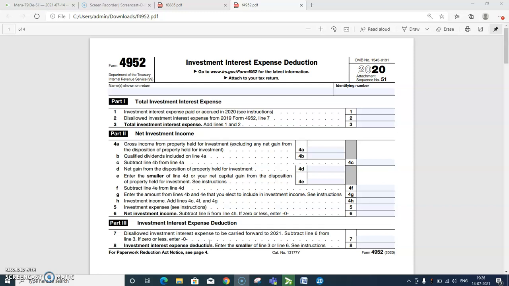Exceptions that don't qualify for Form 4952. According to the IRS, the following instances serve as exceptions to filing the form. If the investment interest expense is less than your investment income from interest and ordinary dividends minus any qualified dividends, if you don't have any other deductible investment expenses, and there is no carryover of disallowed investment interest expenses from the previous year. In addition, the following do not qualify: home mortgage interest, interest used to generate tax-exempt income